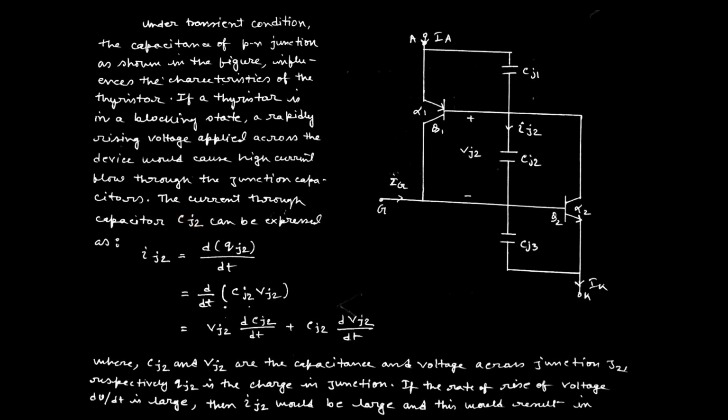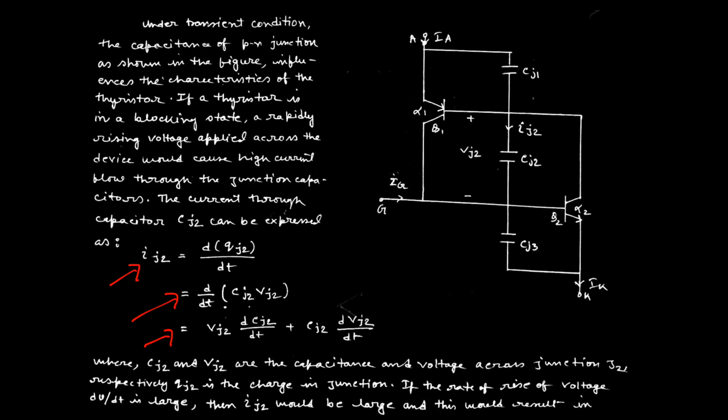So we can write the expression IJ2 equal to dQJ2 by dt. Q is the junction capacitance times the voltage across the capacitor, which can be replaced by d/dt of CJ2 VJ2, and after simplification of the derivative we can write VJ2